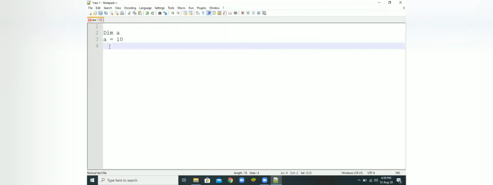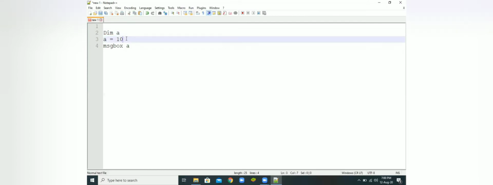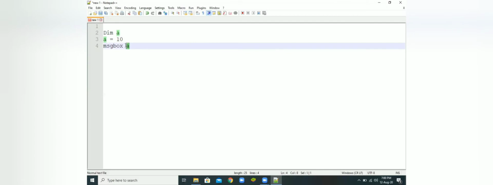Now I am trying to print it. In some other languages, in Java, we have system.out.println. Here we will be using msgbox, message box, and I am simply giving that variable name. I have declared a variable A with the keyword dim, assigned a value 10, and I'm displaying it.